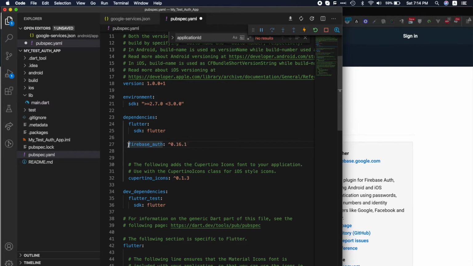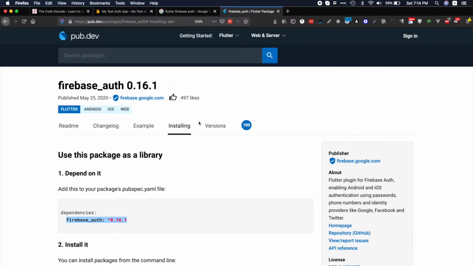Keep note of this thing that we need to press one tab or two spaces after it. We should not keep it inside the Flutter because this package is not Flutter SDK, but it's an independent package for Flutter. So it comes under dependencies directly. It should be this way, otherwise it will not work correctly. So let's save it now. It will download the package. Meanwhile, we can go back to the documentation and perform the